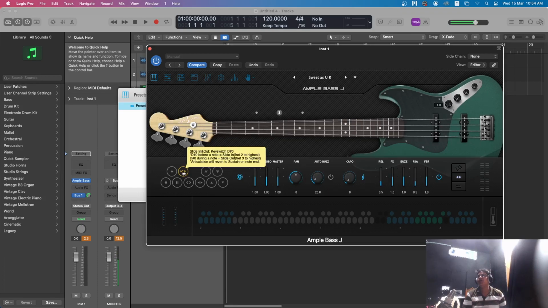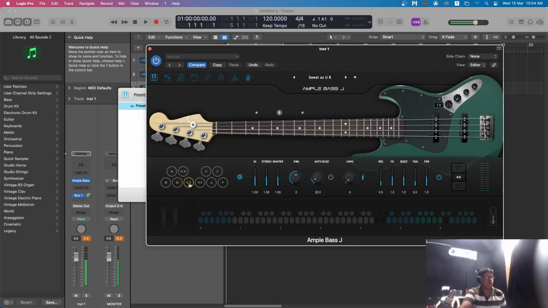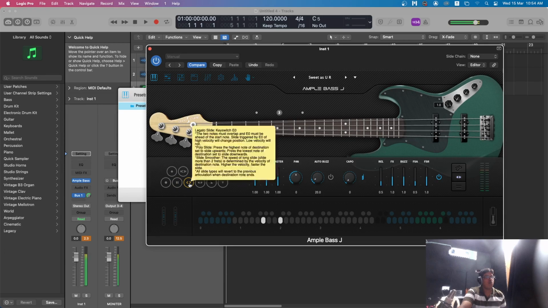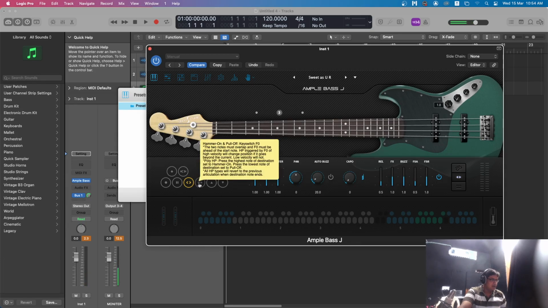Now in this video I just want to see all the bass guitars, like an introduction video about Ample Bass. Next we have, what is this? Legato slide. It is giving so many notes you need to read. Poly HP: press the highest note of destination, set to hammer on, press the lowest note of destination to pull off. Okay,